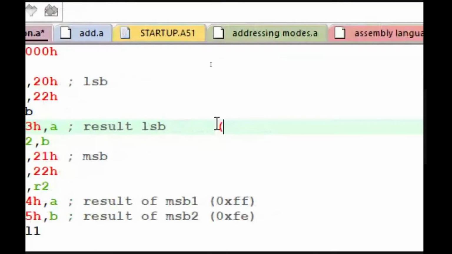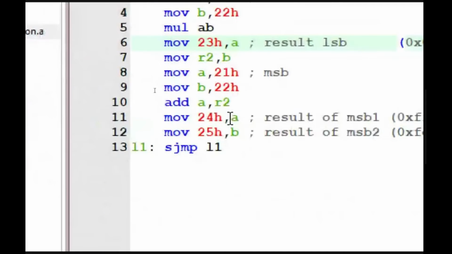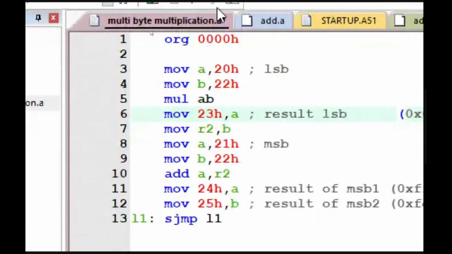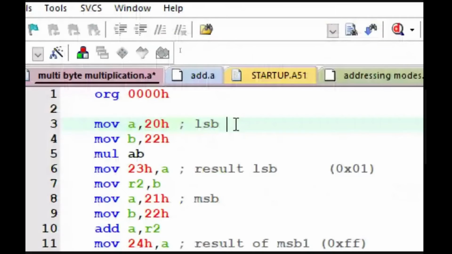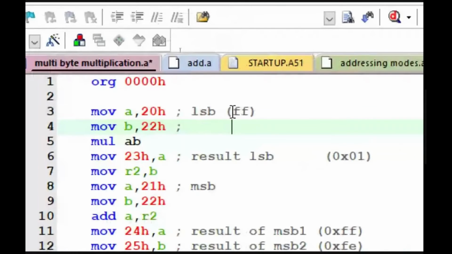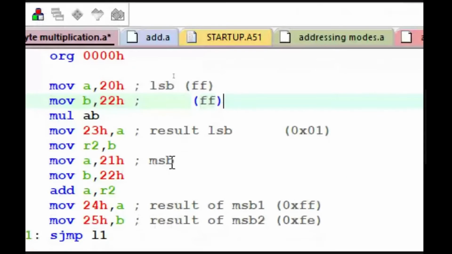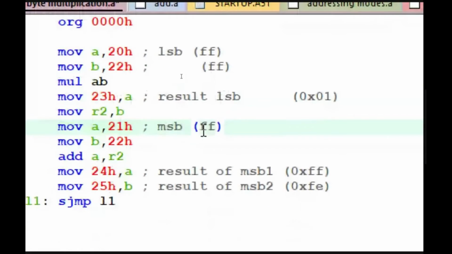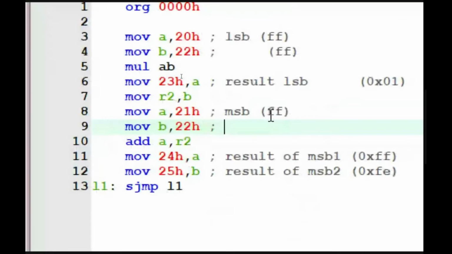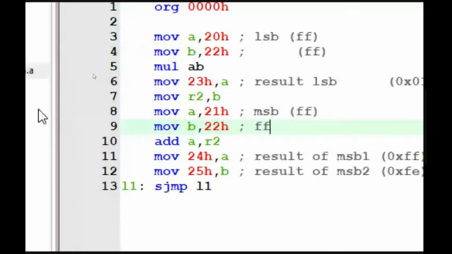0x01. So FE FF 01 should be the content of 25, 24, and 23. If we multiply the LSB FF with another FF, and the MSB is also FF, and again the memory location 22 content is also FF. Something like this. I hope you understand what I'm trying to say, and like this also there is a possibility